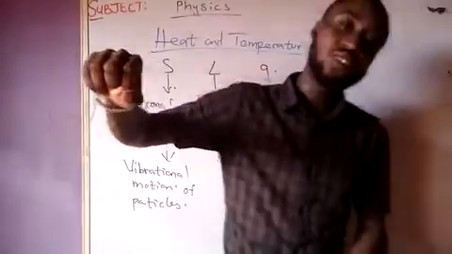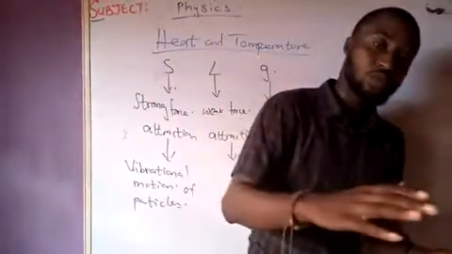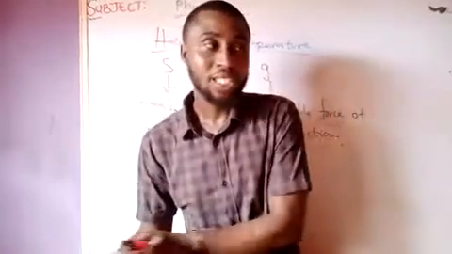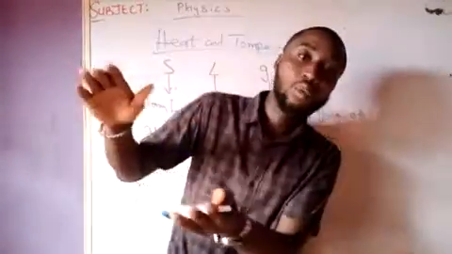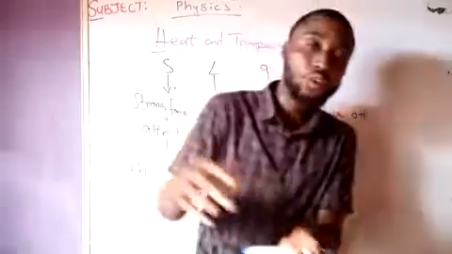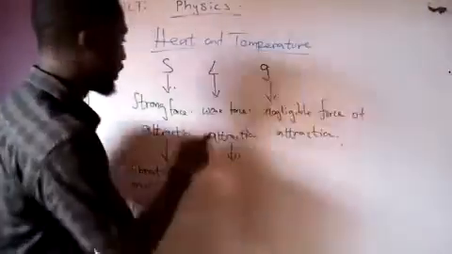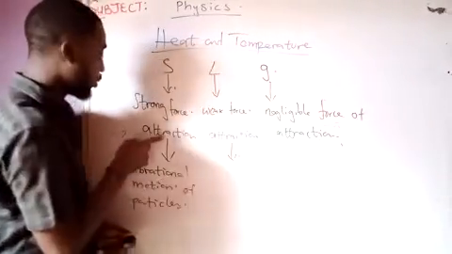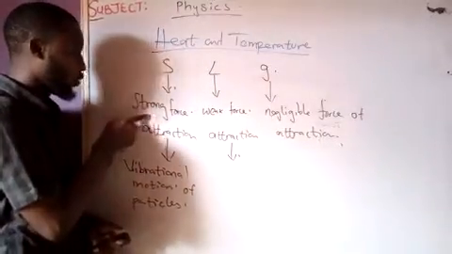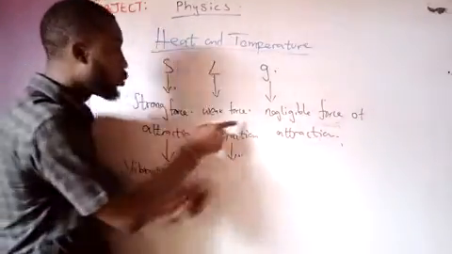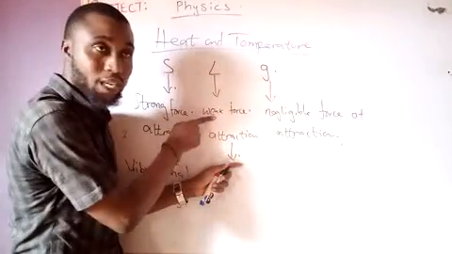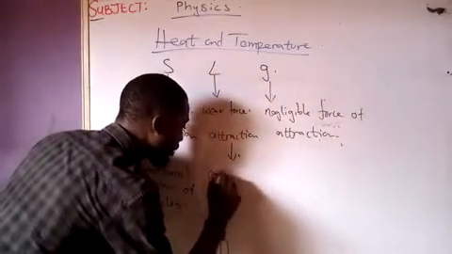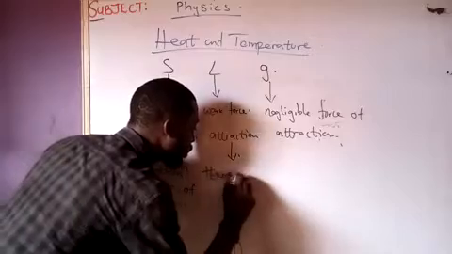But the particles of liquid. Have you ever seen a liquid before? Example, your water. It flows. Water flows. Your oil flows. But your solid cannot flow. The reason why that oil can flow, why that water can flow, why that syrup can flow is because of this weak force of what? Attraction. The reason why solid cannot flow is because the force of attraction there is what? Strong. Liquid can flow because the force of attraction is what? Weak. So that's why liquid can what? Exhibit motion.